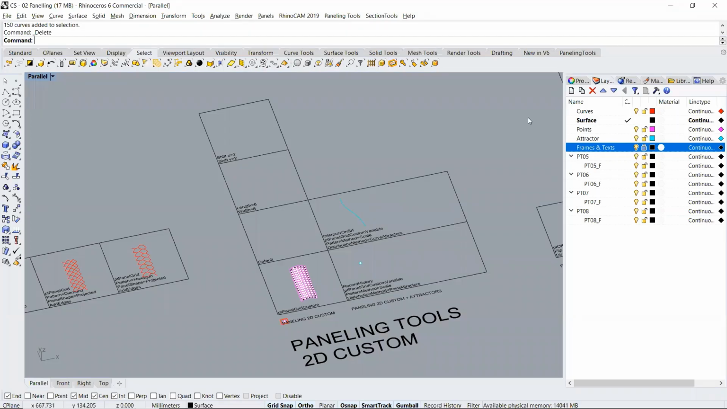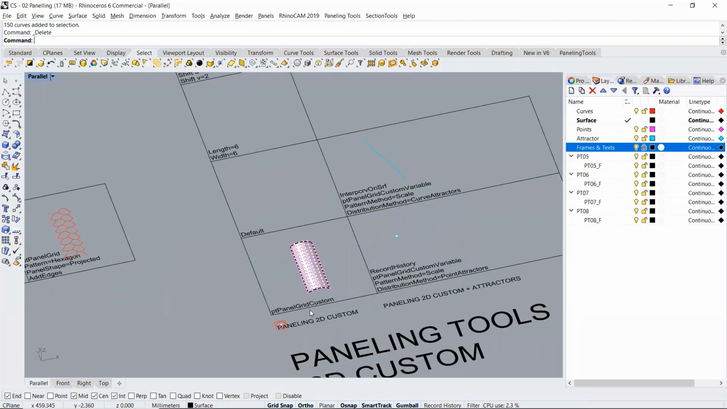Out of all the paneling tools, I think the PT Panel Grid Custom and the PT Panel Grid Custom Variable, these two tools within the paneling tools, are the most interesting. So let me show you how it works. If you type PT